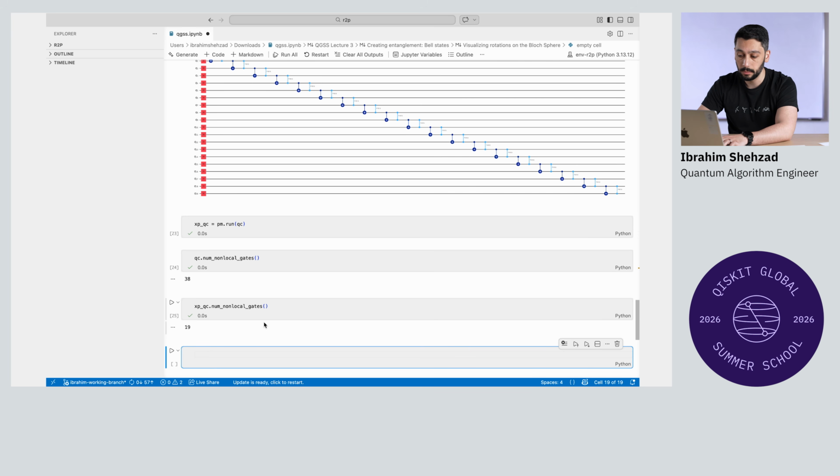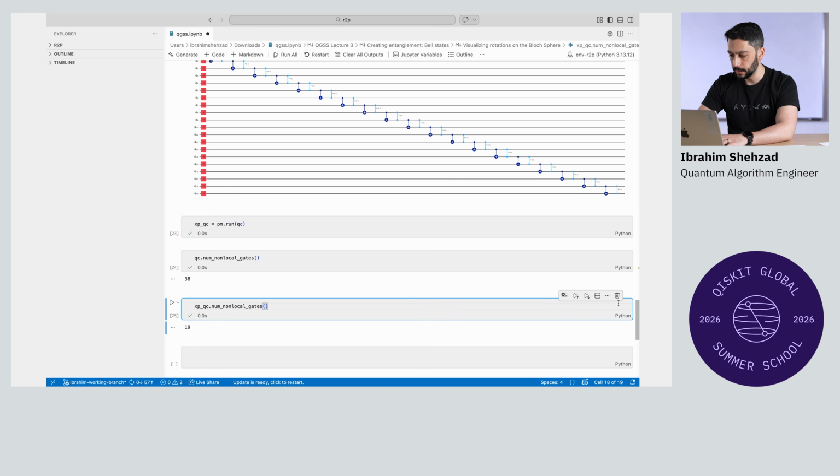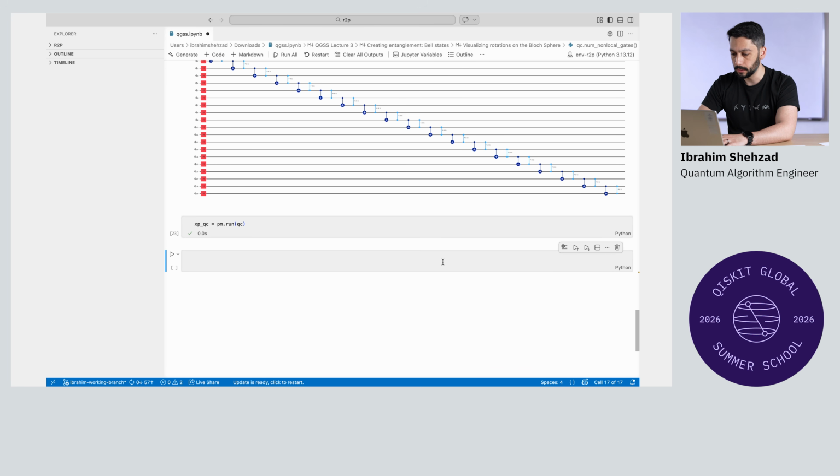So 19. Some of the optimization has actually condensed the size of my circuit. Let's see what the circuit looks like. xp_qc.draw, with fold=-1, and then I'm going to set idle_wires to false so that,